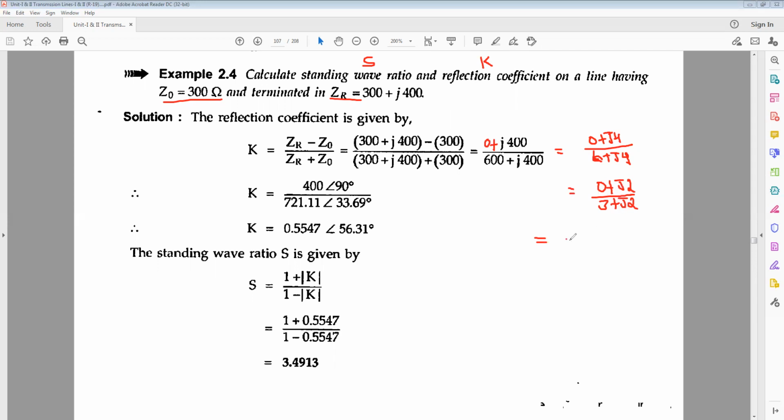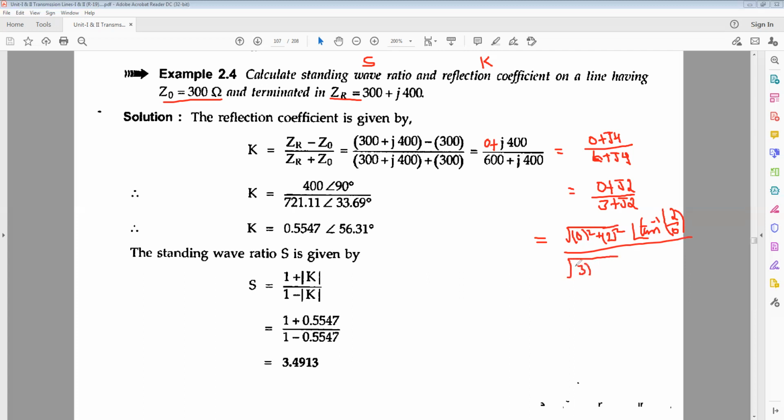What is a polar form? Under root of r square plus x square plus y square. Okay, for the numerator, 0 square plus 2 square, with an angle tan inverse y by x. Y is 2, x is 0, meaning 90 degrees here in the numerator, and in the denominator